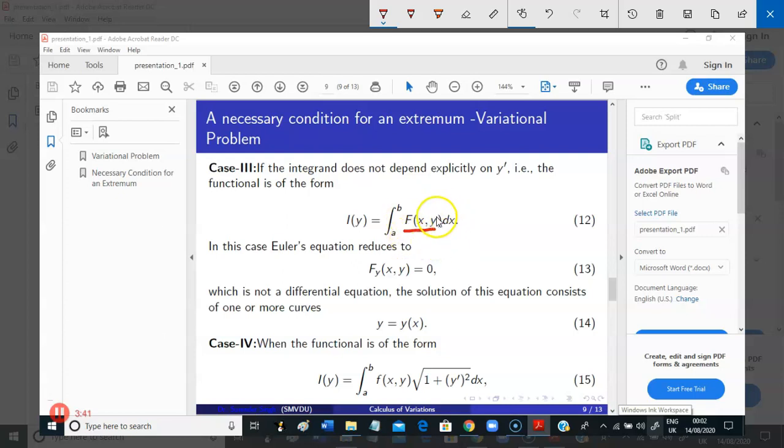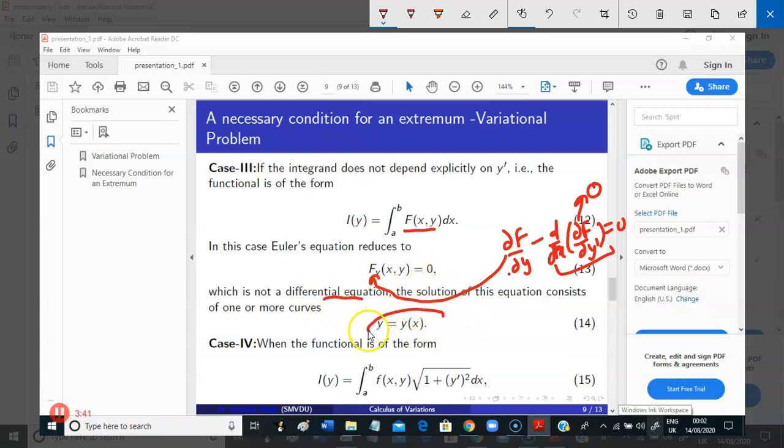When y dash is not appearing explicitly, then from the Euler equation you definitely know this ∂F/∂y minus d/dx of ∂F/∂y' equals 0. When y dash is not appearing explicitly, this quantity comes out to be 0. When this quantity is 0, that means ∂F/∂y, that is this thing, F subscript y, is equal to 0, which is not a differential equation. If you try to solve it, then you will get a function simply y as a function of x. Now the fourth